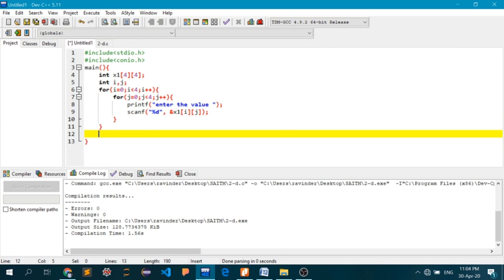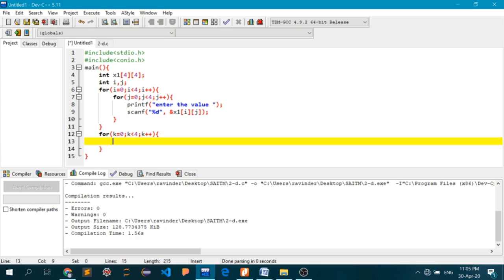Now let's try to print these values to see if it actually worked or not. Let's again initialize a loop: k is equal to 0, k must be less than 4, and k plus plus. Why am I using a for loop again?